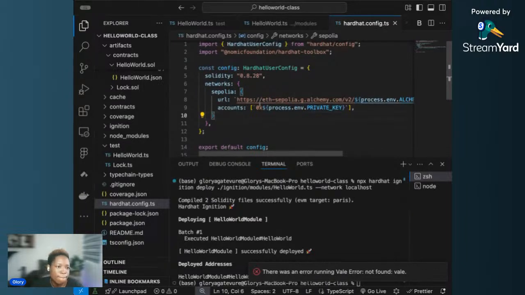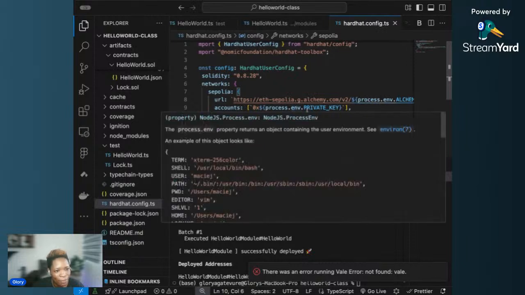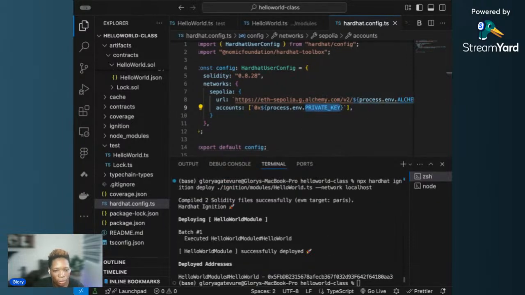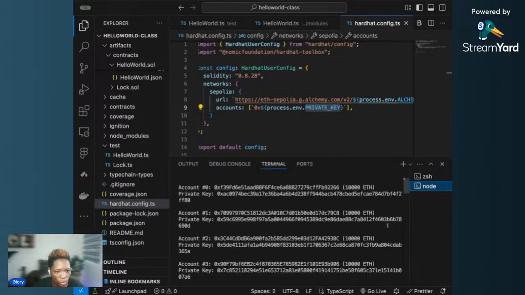But then let's just work with Sepolia for now. So, yeah, what you're going to do at this point, two very important things. We're going to create a .env file where you're going to have your private key. I've shown you what the private key looks like. So private key is something like this. You get your private key when you create an account. I don't want to go and show you my private key in my MetaMask, but then